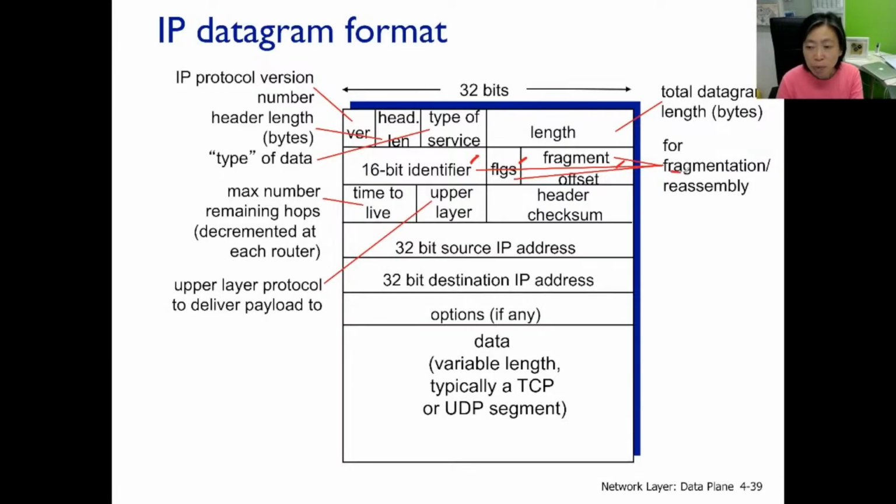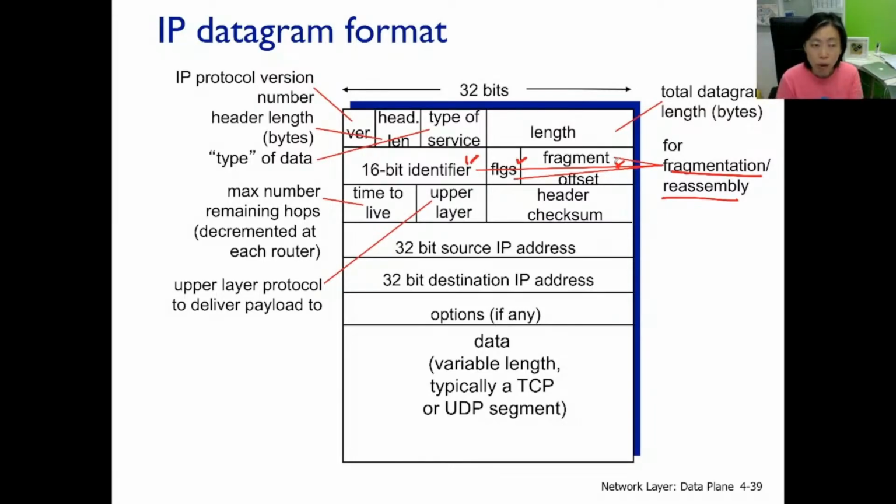And it's for a very important functionality called fragmentation and reassembly. The thing is that when the IP datagram enters the link layer, the link layer defines a maximum packet size, or maximum frame size. The packet in the link layer is called a frame. Now that size can very well be smaller than the IP packet size. So in that case, we need to cut a big datagram into smaller frames. Now these flags there allow us to reassemble the frames back so that we can recompose the original